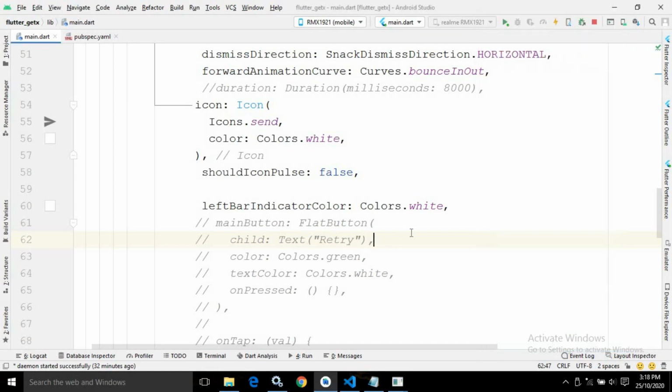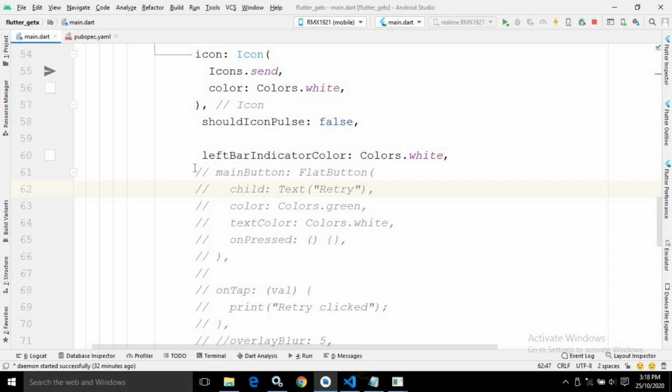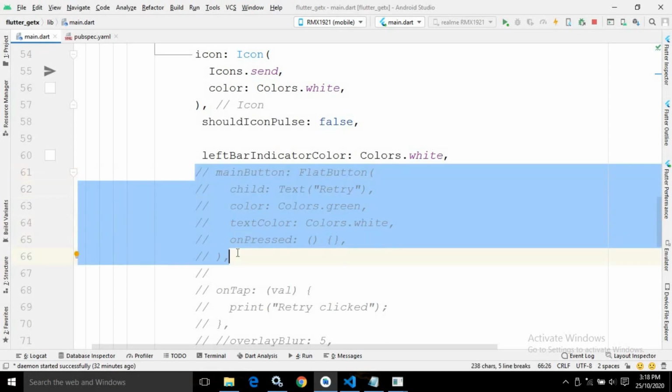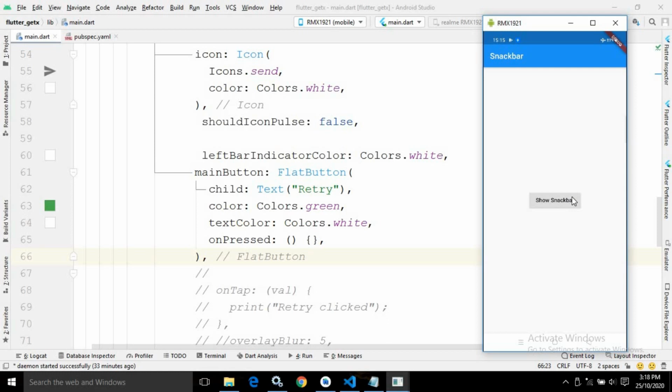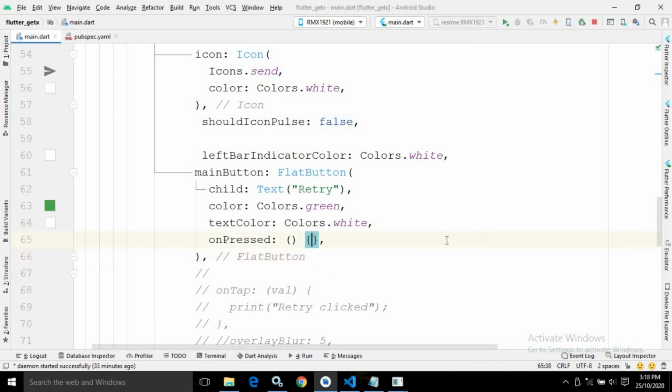Okay, now it has a property which is called the main button. Now let me uncomment this main button. In the main button I have used the widget flat button. In the child I have specified text as retry. I have specified the color as green, text color as white, and in the on pressed I have not written anything. Okay, let me save this. Now let me click here once again. Now once you click here, then you can see this retry button is coming. Okay, now if you want to perform some action on this button click, then you can write the code here. Okay,